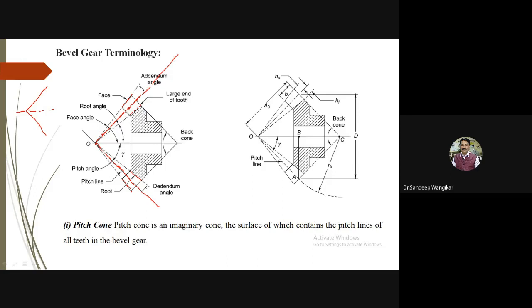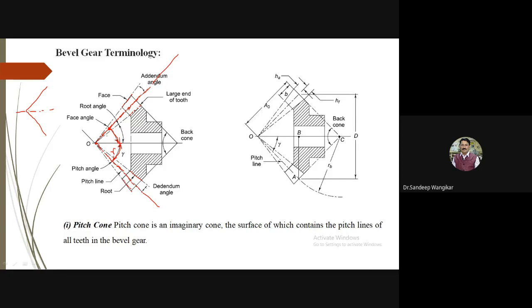Then in this figure, consider the angle made by the center line with the pitch line. I can highlight it here. If you refer to the angle, I am mentioning the center line only; the face shown is different. You can see this angle on this side also. This angle is gamma, the pitch angle. This is the pitch angle.